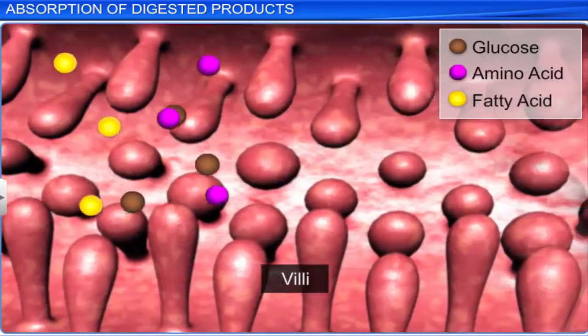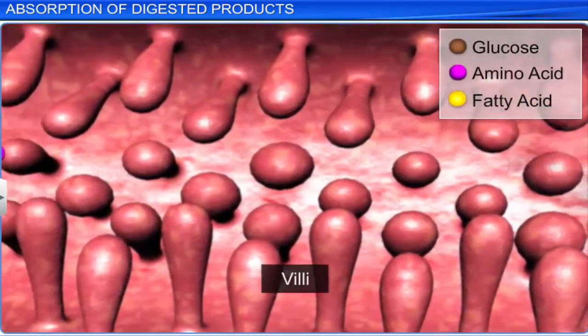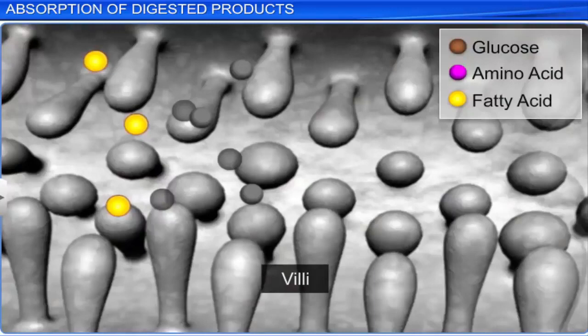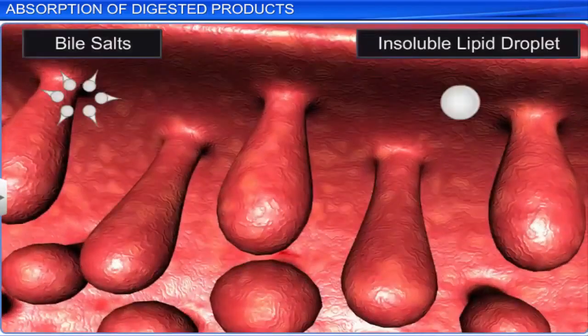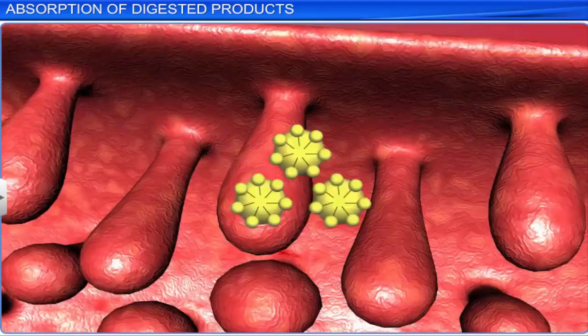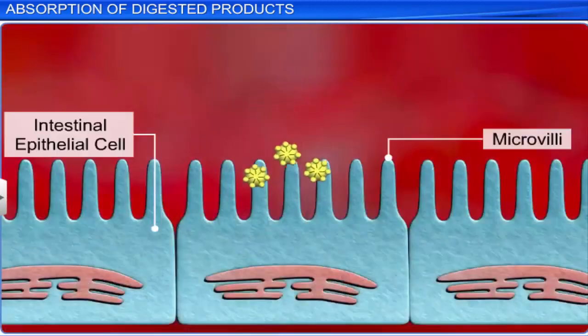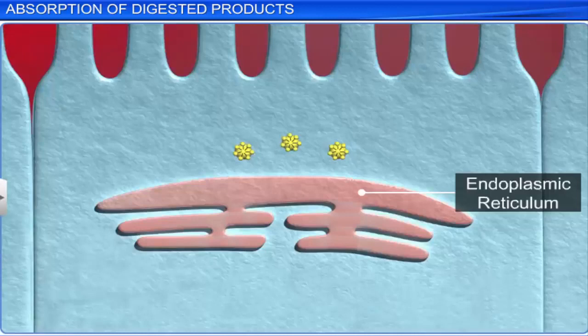Unlike carbohydrates and proteins, fats are not absorbed through the intestinal villi. Fatty acids and glycerol are insoluble in water and therefore cannot be absorbed by the intestinal cells directly. They are first acted upon by bile salts to form small spherical droplets called micelles, which can easily move through the intestinal mucosa. As micelles enter the intestinal mucosa, they are coated with protein to form small fat globules called the chylomicrons,